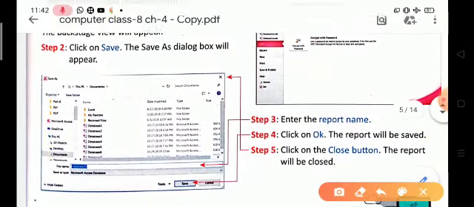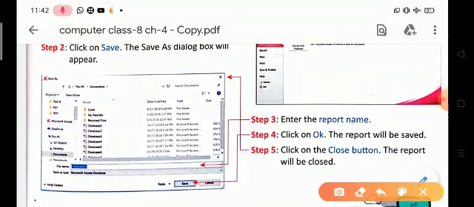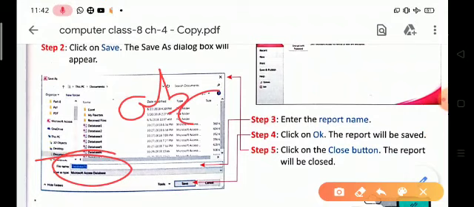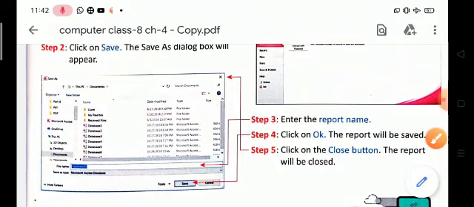Then in step number 3, enter the report name. Suppose that our report name is ABC. We write the report name here, then click on the save button or OK button, and the report will be saved. And finally in step number 5, click on the close button, and the report will be closed.